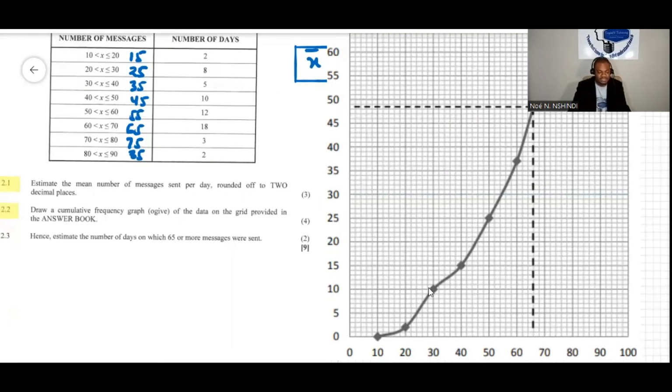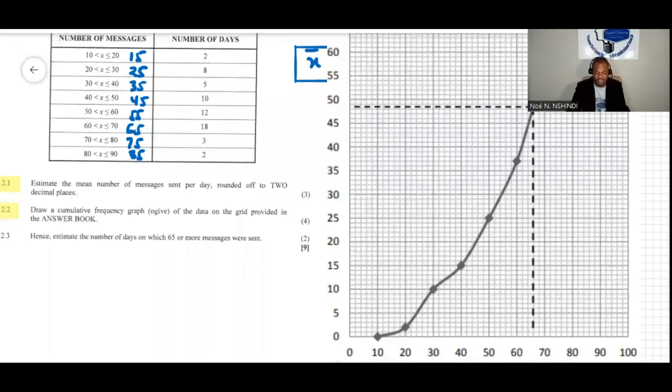And then same also for 30 to 40. How many messages? When I say somewhere here, let's go back, from 20 to 30, I said somewhere here because